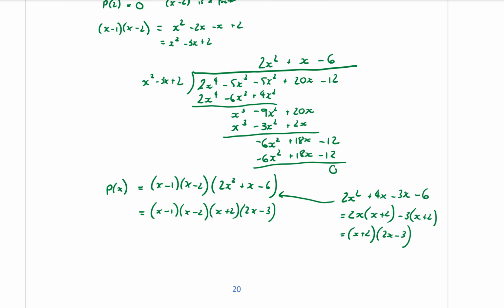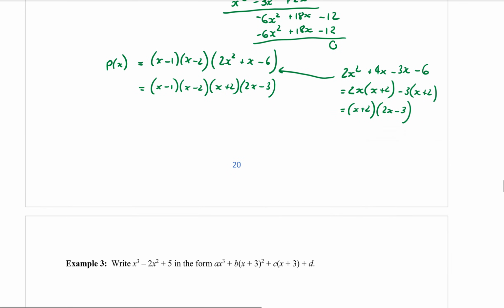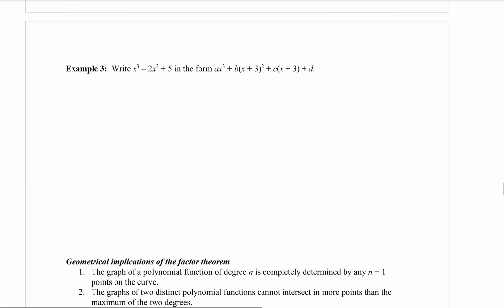Okay, so that's it for question 2. On the next page we have question 3. Write x cubed minus 2x squared plus 5 in that form there. So what we want to do is we want to equate the coefficients. So I'm going to write this down as one big equation